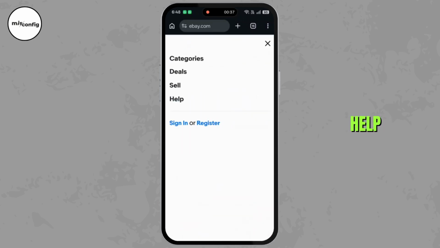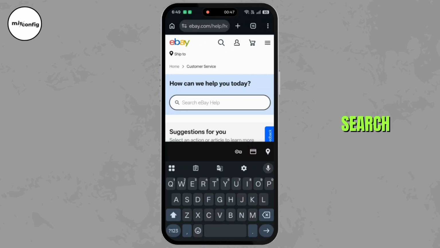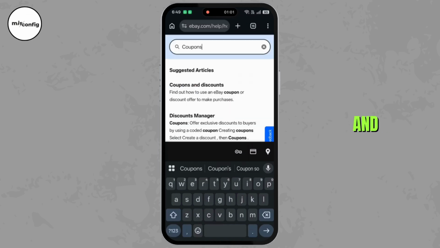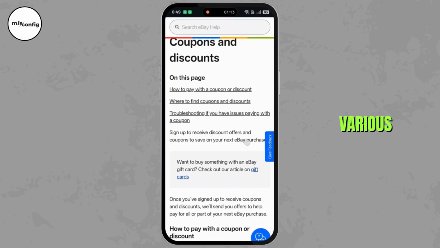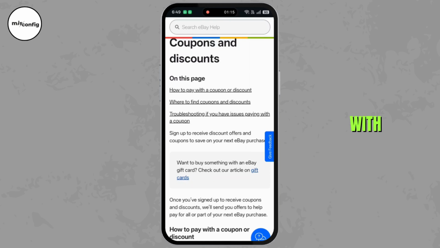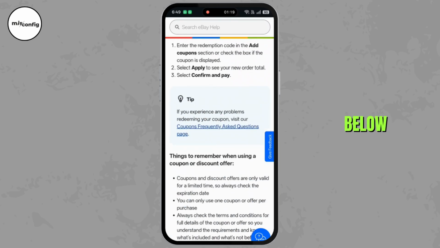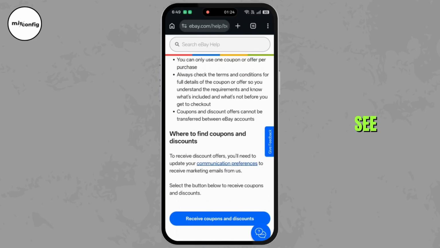From here, click on Help. In the search bar, search for coupons. And here you will find coupons and discounts. Click on it. Now under this article, you can see various things about how to pay with coupons, where to find coupons. And if you simply scroll down below, here you will see where to find coupons,